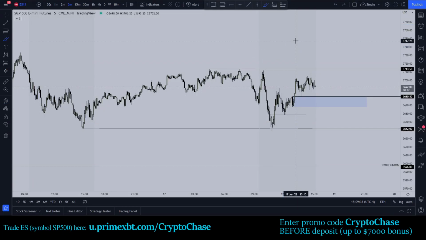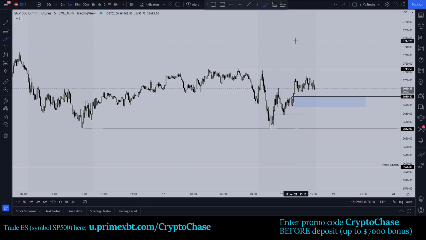I'm just using ES. Also, this is SP 500 on Prime XBT. If you want to trade on there, you could use USDT, USDC, BTC, ETH, anything as collateral. I'm just teaching this because the price action is just printing way cleaner, and frankly, I've been doing very well on it, and I figured it's worth sharing something that is actually working well in this market